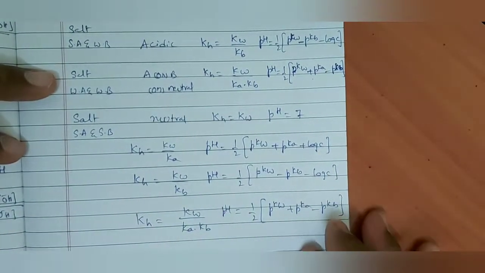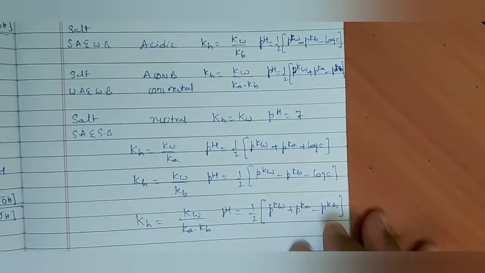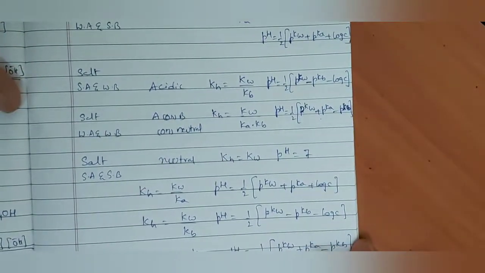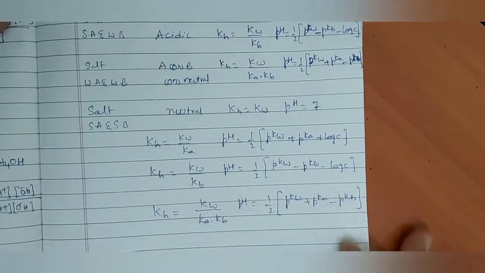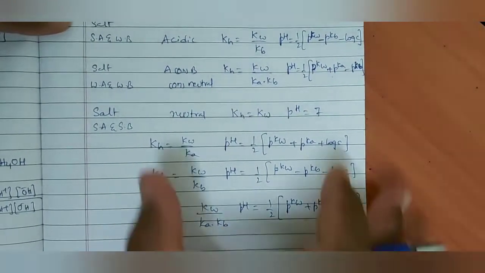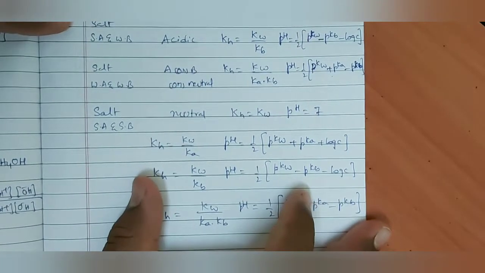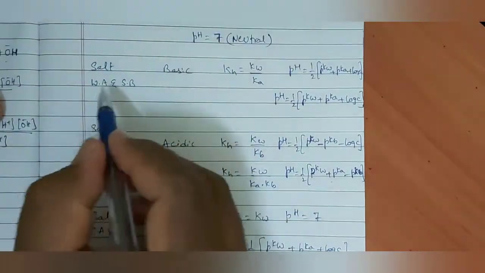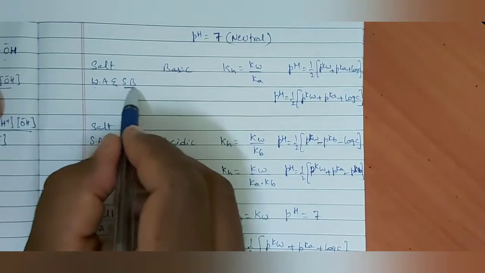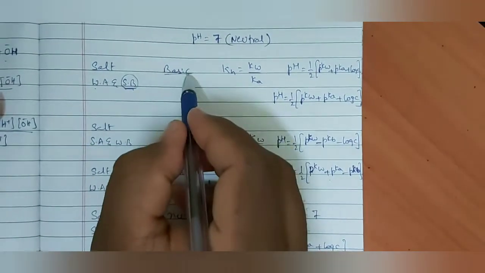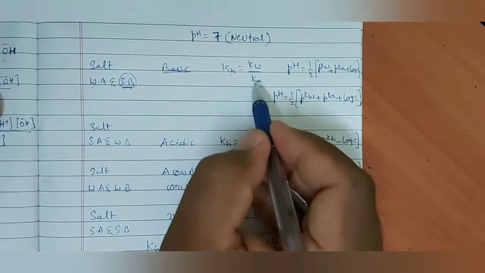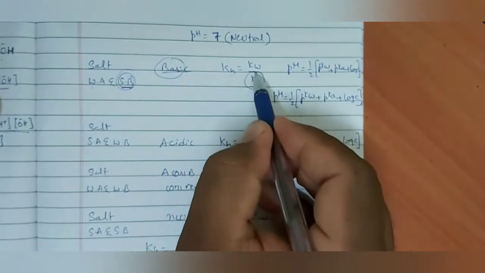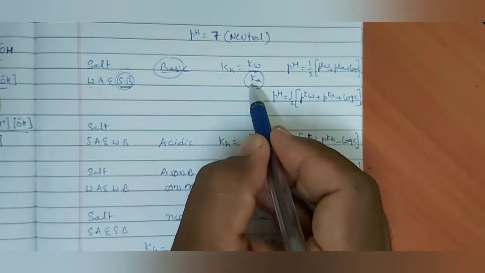Like this, in an order, if you remember, no confusion at all. Depending on this hydrolysis, if there is a chance of getting a question, then you should not be confused. By seeing this many formulae, generally students will get confused, but here no need to get confused. In an order, salt of weak acid and strong base: this is strong base, it is basic in nature. But oppositely, KH is equal to KW by Ka. Oppositely we are getting Ka.